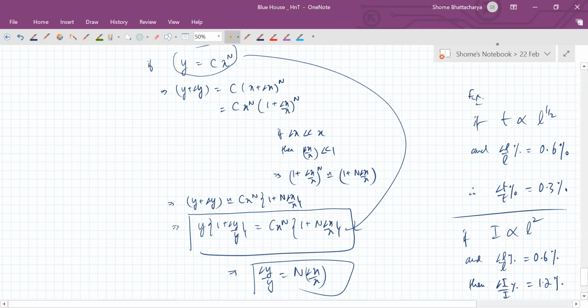You can also get this by differentiation, but it's actually the other way around. The differentiation formula that we get, that the derivative of x to the power n is n x to the power n minus 1, actually comes from this method. It comes from binomial approximation. That's how we solve that limit. So it's actually a little bit in reverse. The differentiation formula comes from this principle.